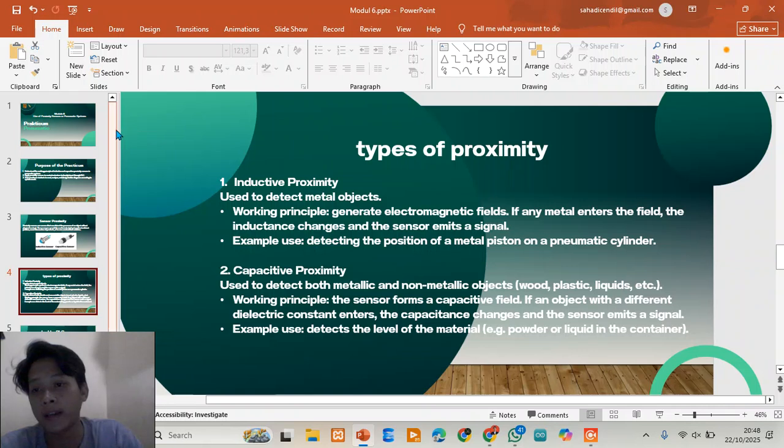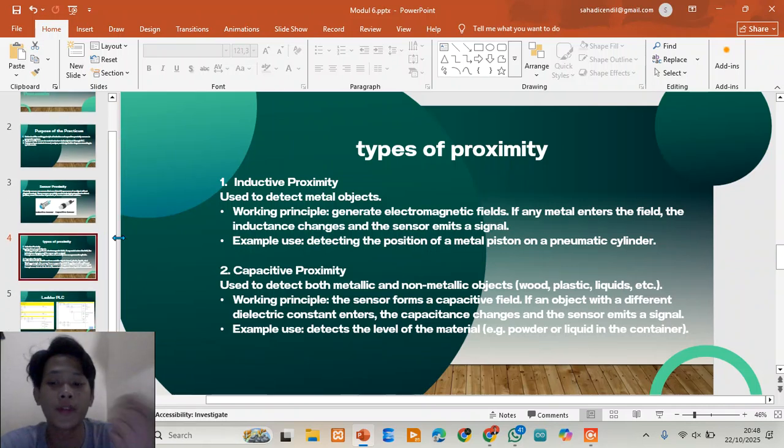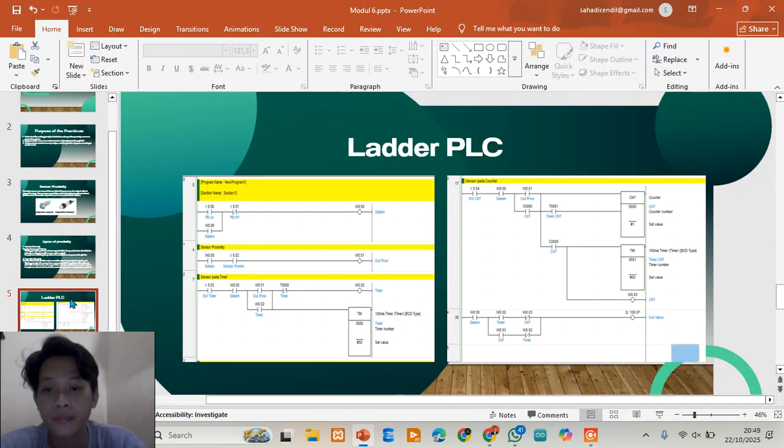And next, I'm going to give an overview of an example ladder diagram. In rung one, the first rung, PB ON at address 000 is a normally open push button, and PB OFF at address 001 is a normally closed stop button.